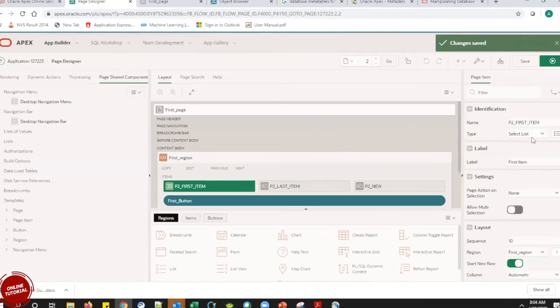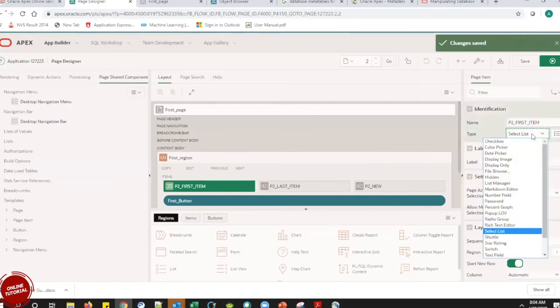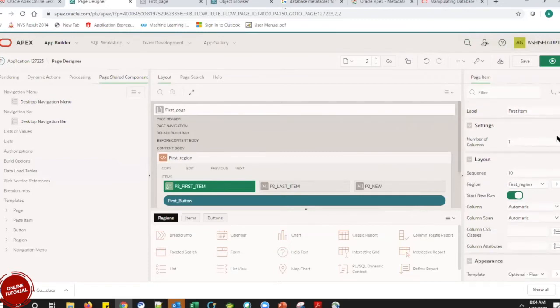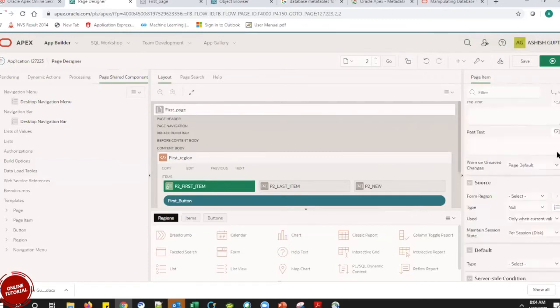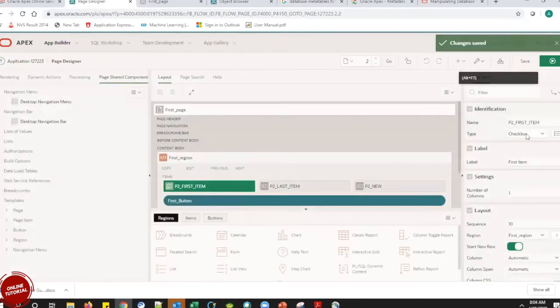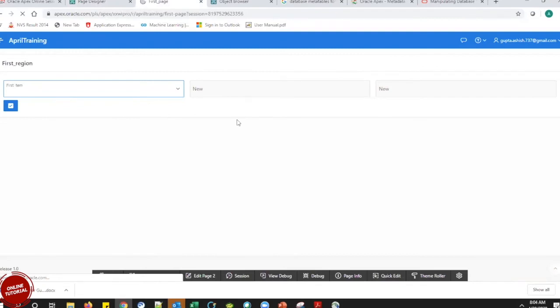So this was about the select list. Now I am going to change it. Now let us go one by one. So I have something like a checkbox. So my checkbox would be a checkbox only. Here you won't find any error because it is just a checkbox, and if you're not having an error, we can see in our first item we didn't get any red icon over here. So I click on save. After changing it and running it, you can see this.